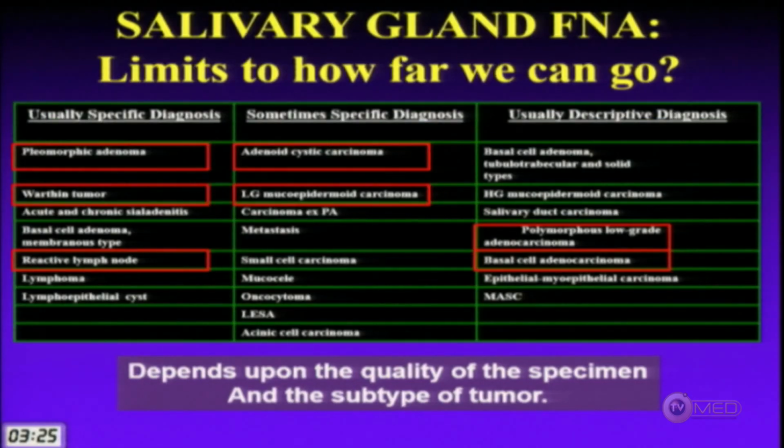So this chart, hopefully this PowerPoint will be available to you, is just something that I put together. When I get a salivary gland FNA, I look at it, and right from the get-go, I know that there are certain tumors where I can usually make a specific diagnosis, like pleomorphic adenoma and Warthin tumor. Others depend on the nature of the tumor as to how far I can go. So adenoid cystic and mucoep depend on the nature of the specimen, and ancillary studies, as to whether I'm going to be able to make a specific diagnosis or not. And then some tumors like the basaloid tumors, almost all the time from the get-go, I know I'm just going to put them into that uncertain malignant potential category.